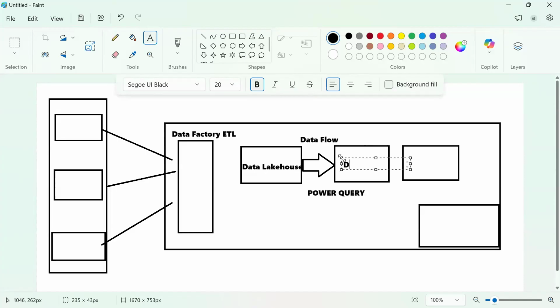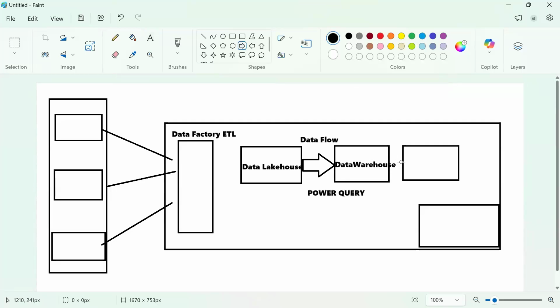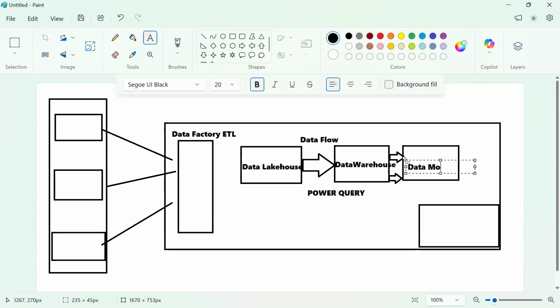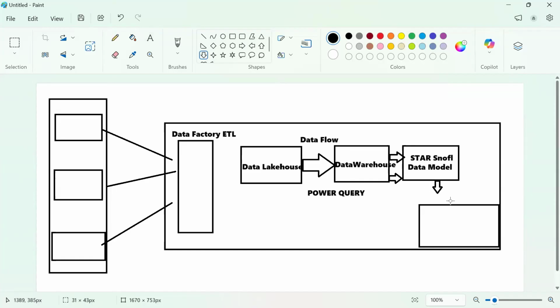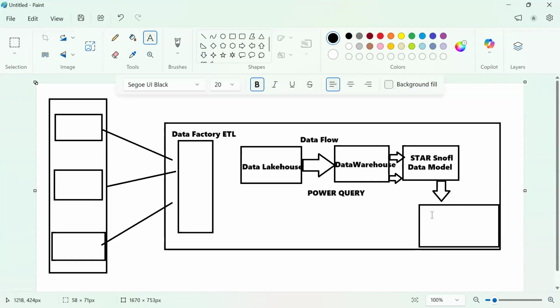Once your data comes into your data warehouse, you can process this data again back to your modeling. What is modeling? Modeling is nothing but developing some data models. The data models are nothing but your star schema or snowflake schema. From there you can develop by connecting your Power BI reports, and everything you can do inside